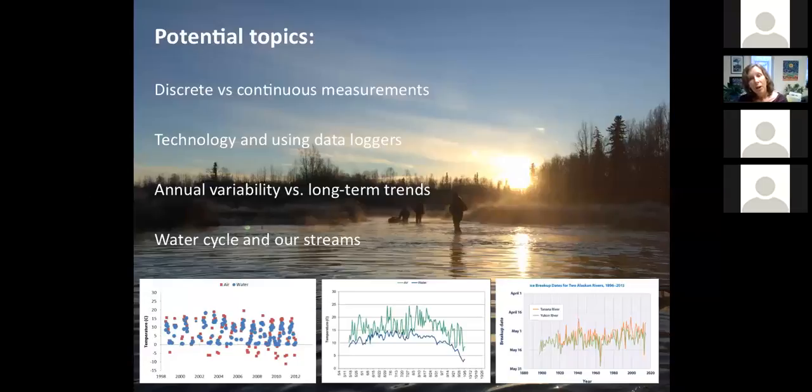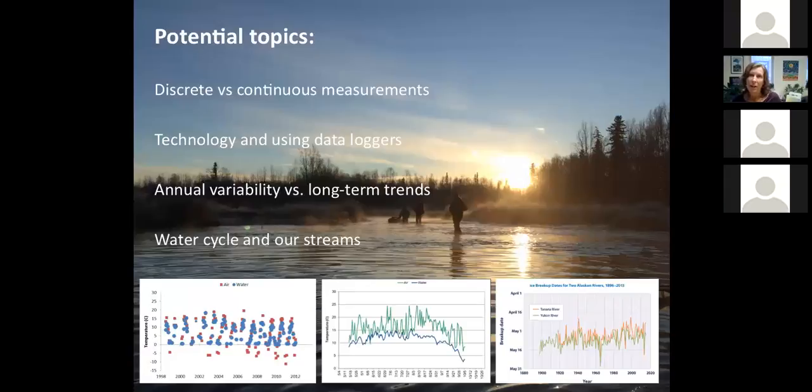On the other hand, there are data sets that are super valuable to have just at one discrete measurement. The graph on the right is the date of the ice movement, or the first day that I think this was for the Tanana and the Yukon River, the one day a year when the ice goes out every year. If you have that one discrete data point every year for 100 years, you actually do have a pretty compelling